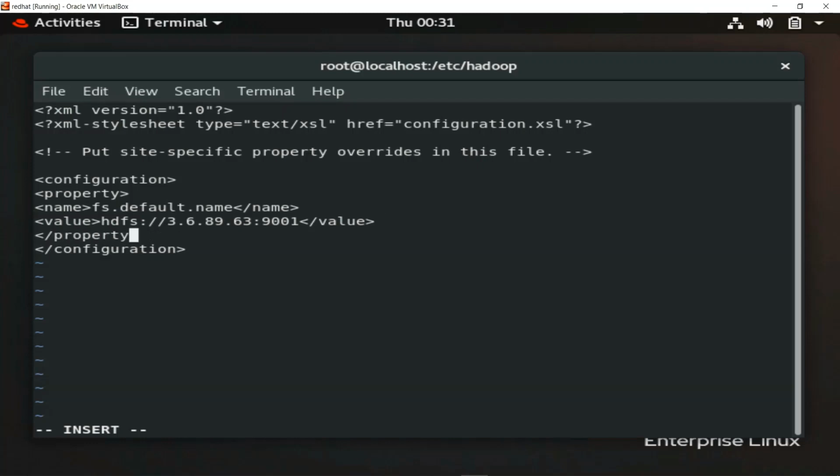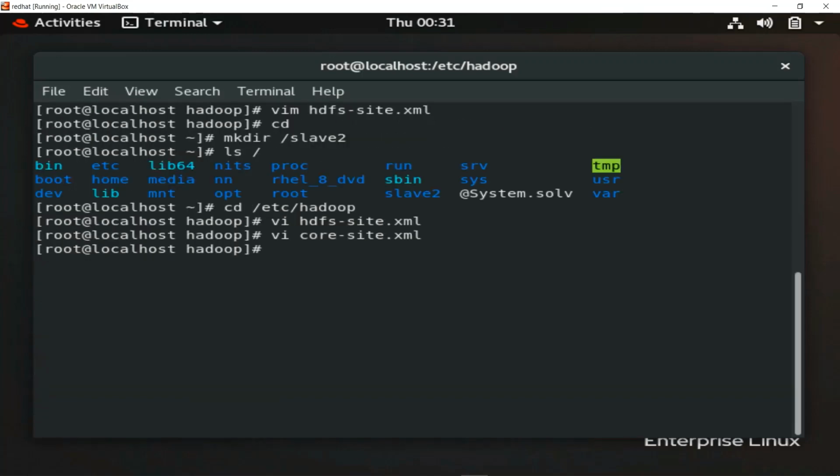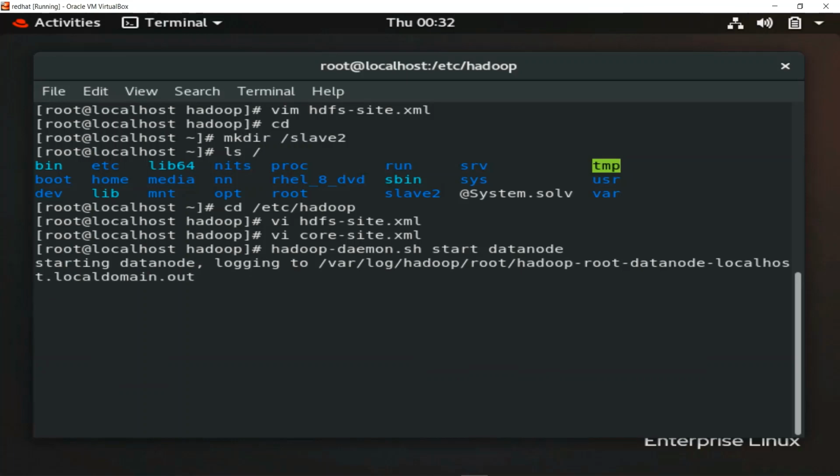Close the property. Now both files are configured. Let's just start our data node service. Same command. Now let's check if it is launched or not. Here you can see it is launched successfully. Now we have launched one master and two data nodes.